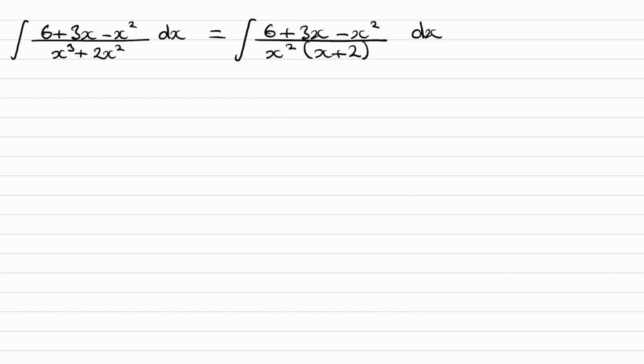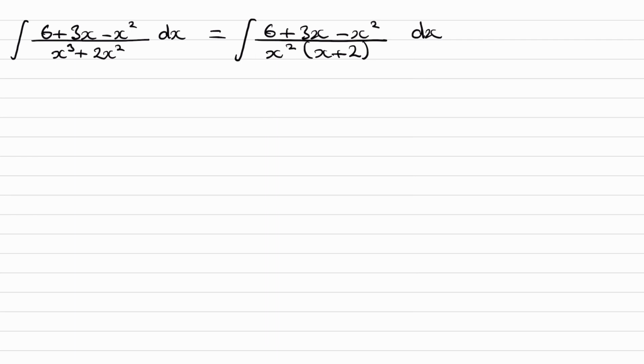The second thing to check is whether the greatest power in the numerator, which in this case is 2, is the same or bigger than the greatest power in the denominator, which in this case is x cubed, or to the power of 3. 2 is not the same or bigger than 3, and therefore this is not an improper algebraic fraction. If this greatest power on the numerator were 3 or higher, then it would be an improper algebraic fraction, and then we'd have to use long division first before we can use partial fractions. But that's not the case, and we can't factorize the numerator to simplify this fraction, and therefore we can go